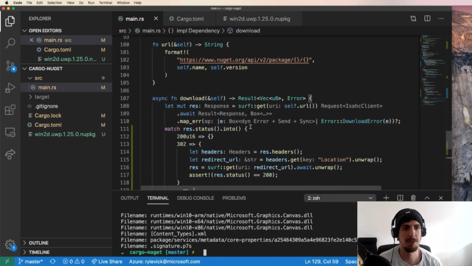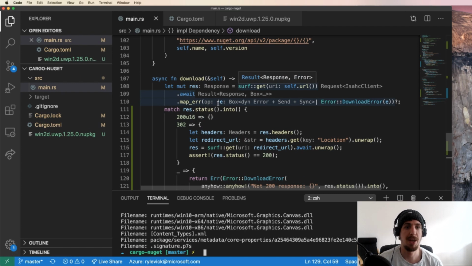Just to recap real quick what we did, we found out that calling that URL was actually returning a 302. We went down a path where we thought that the URL was wrong. It turns out that it wasn't. We were getting some HTML that was the 404 page. But once we figured out it was really a 302, all we had to do was get the headers. We have to, by the way, have headers as its own separate